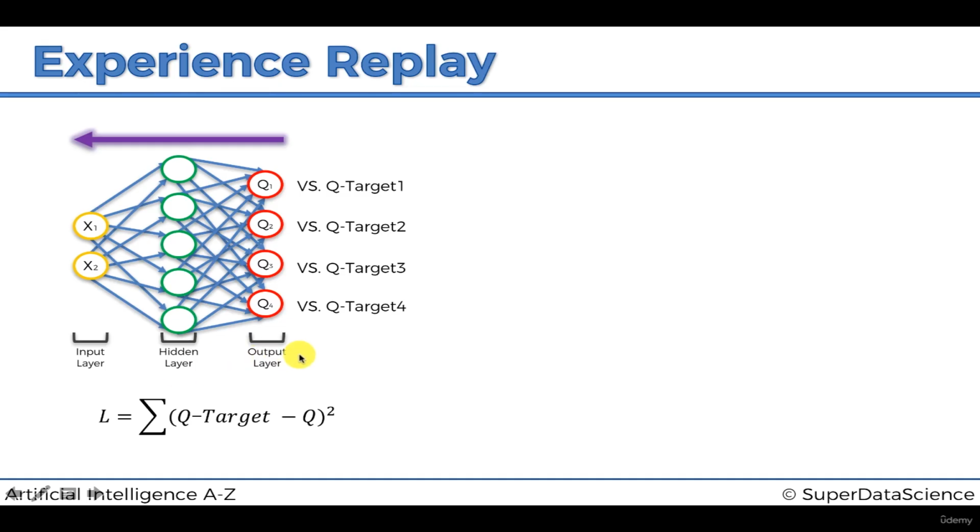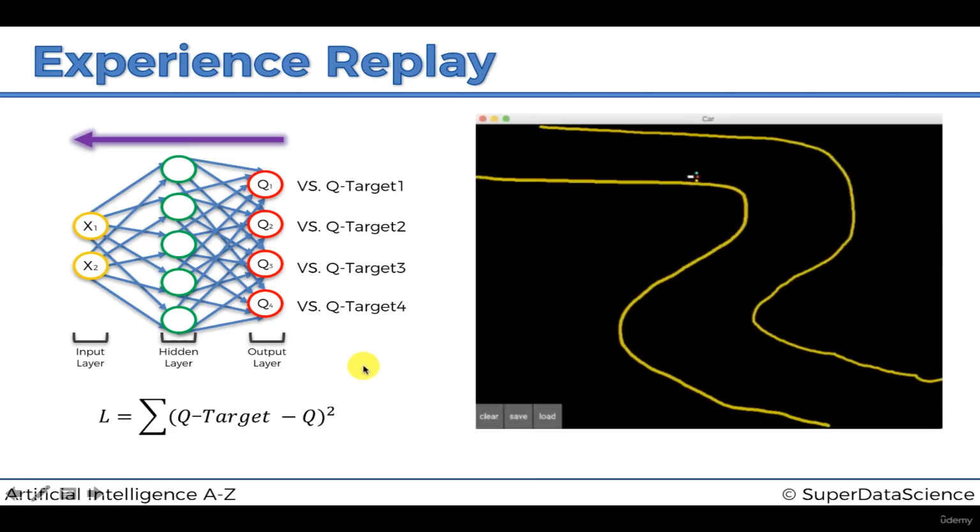And let's have a look at an example of what happens to understand the problem that we're dealing with a bit better. So here is an example actually from this course. This is a screenshot exactly from this course. This is what you'll be programming. This is a self-driving car that is driving along this road, and it has to learn how to navigate this road. And so, as we discussed previously, what is the state?